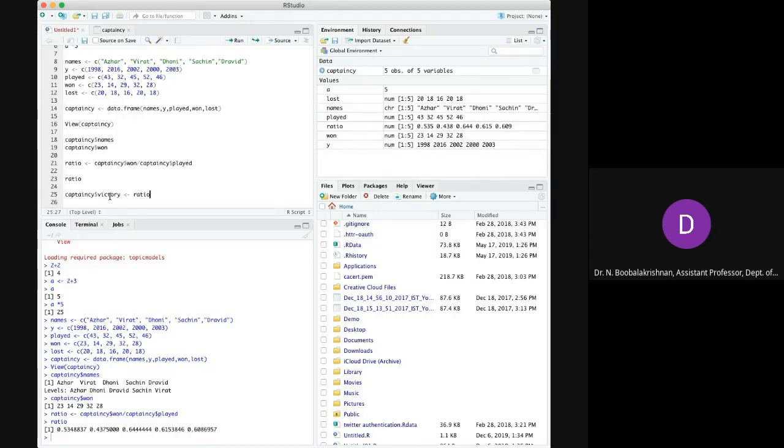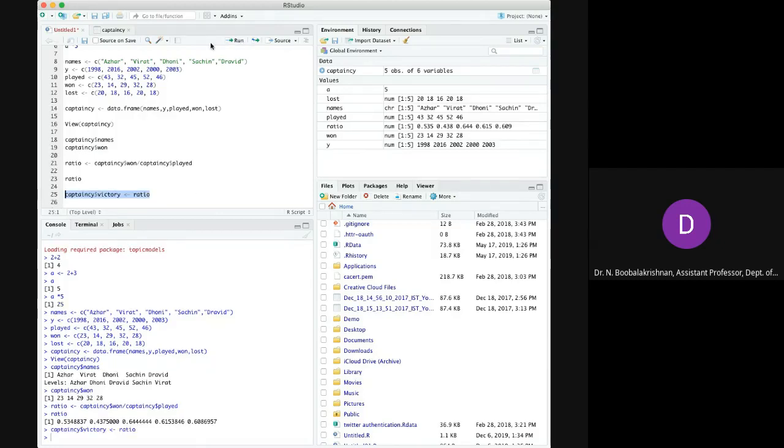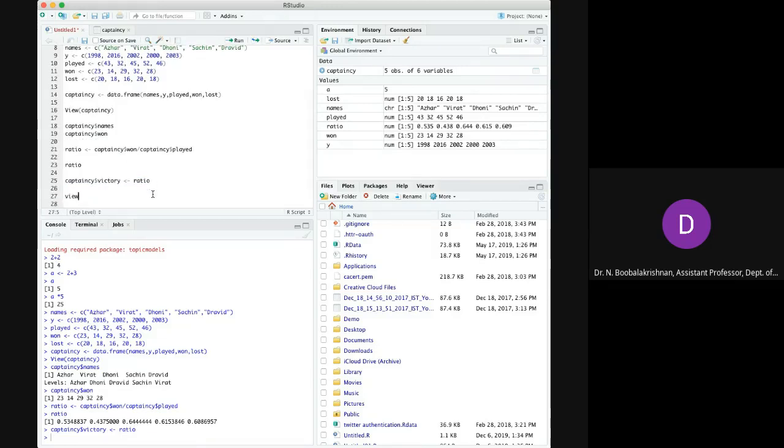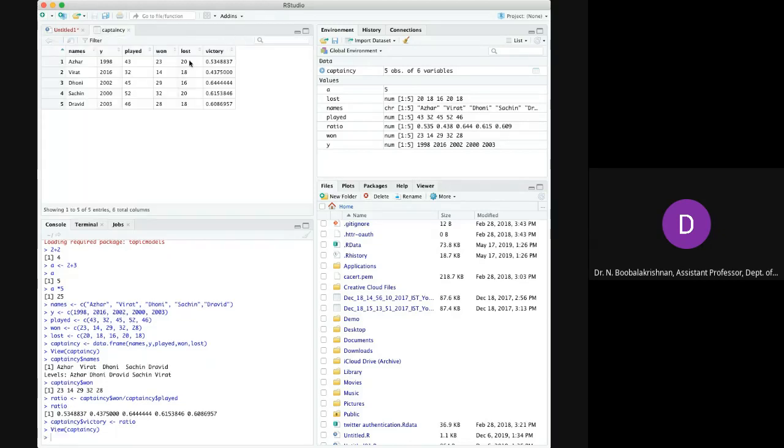The data for that victory is the ratio that we have prepared. Now if you want to see the captaincy, view this captaincy. See, one more column is added. Previously the victory was not there.